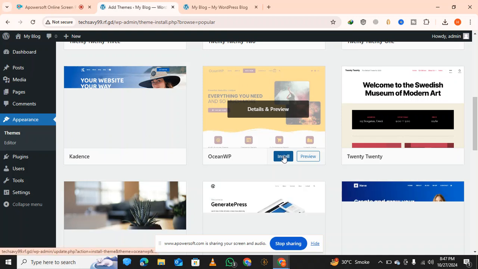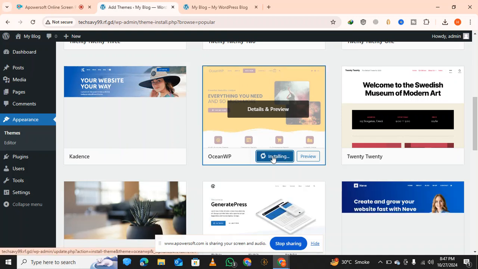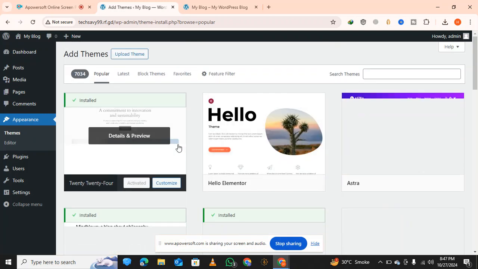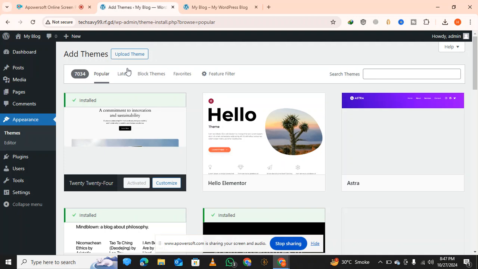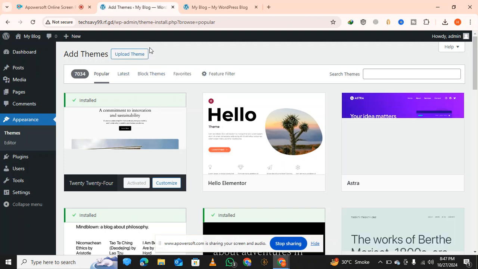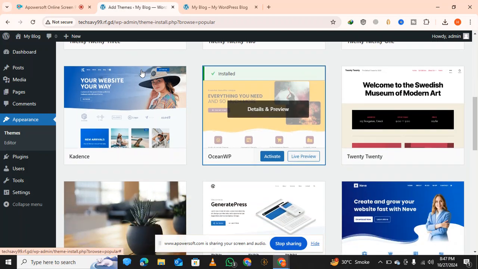I will click on OceanWP, installing, and you can also upload any theme from your laptop or PC, upload themes, and you will upload your theme here. Install and activate,